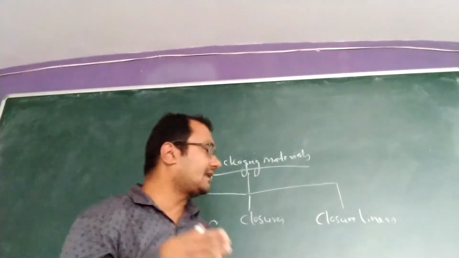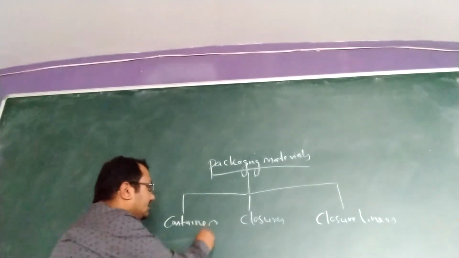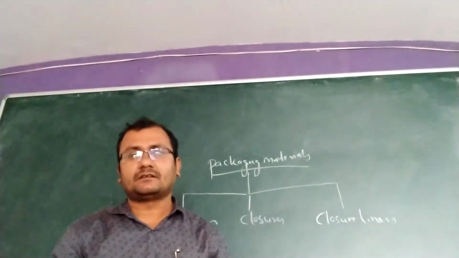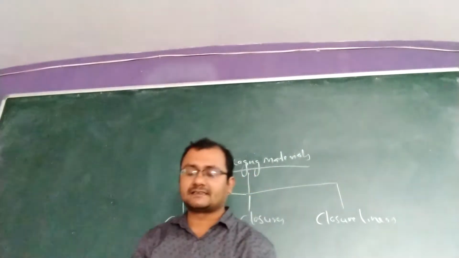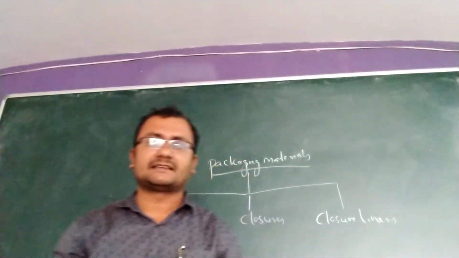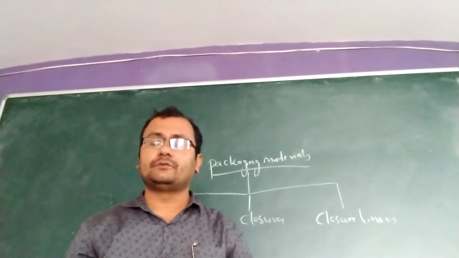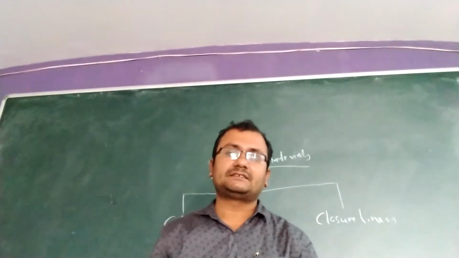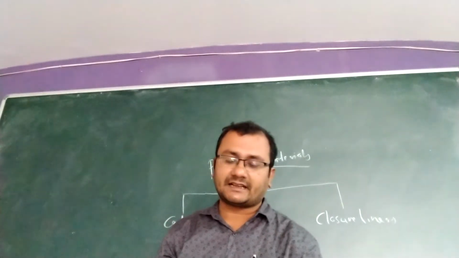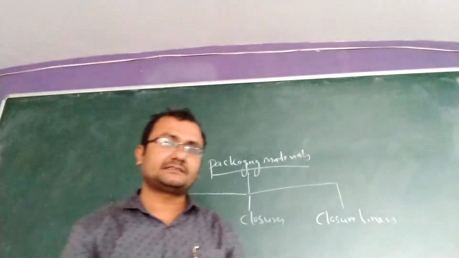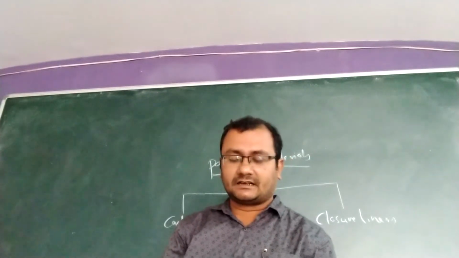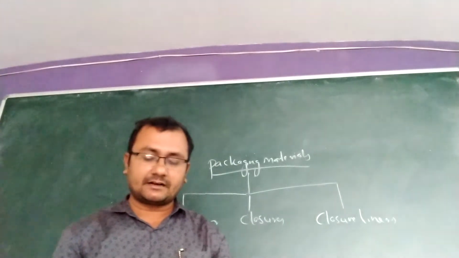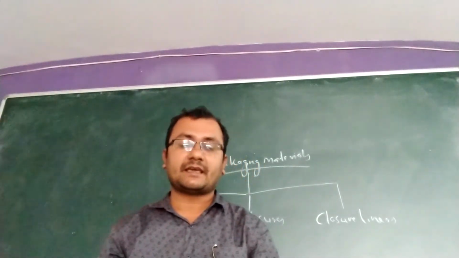So what are the materials we are using? For containers, we are using glass. There are different types of glasses, that already you might have known. Glasses means four types of glasses there: type 1, type 2, type 3 and type 4. So type 1 glass, we are telling, is borosilicate glass, and these are inert glasses. This type of glass is inert because it will not react with different types of chemicals.